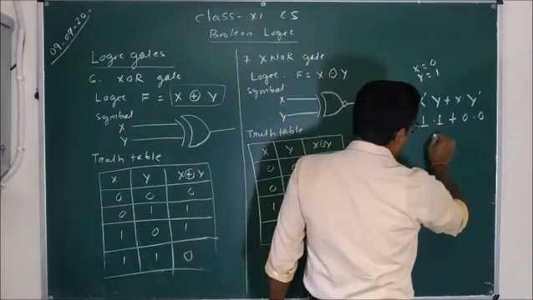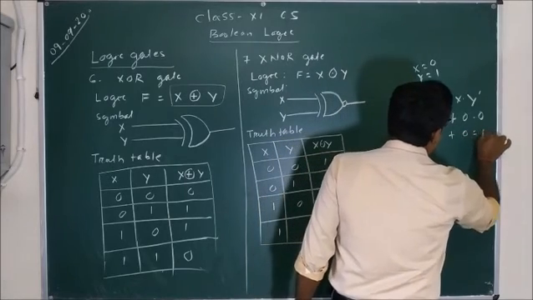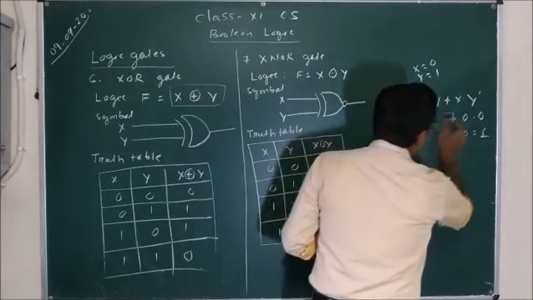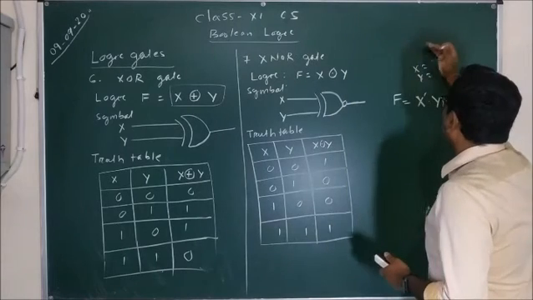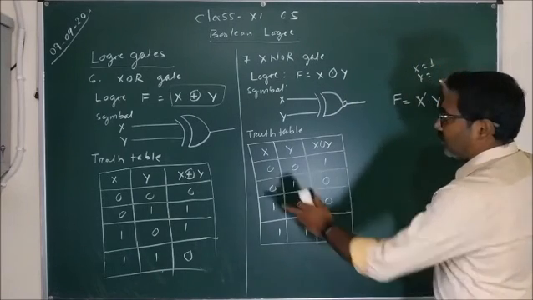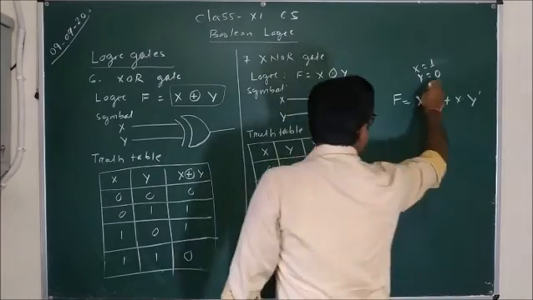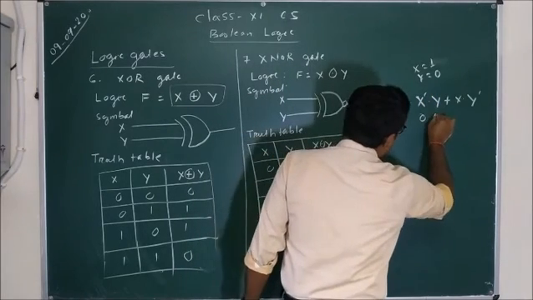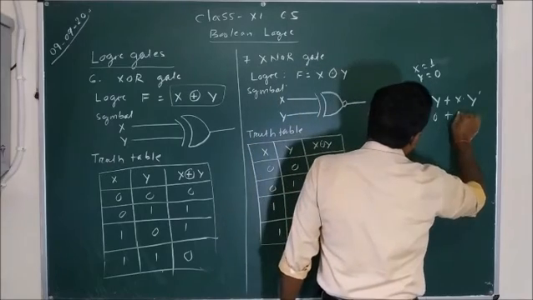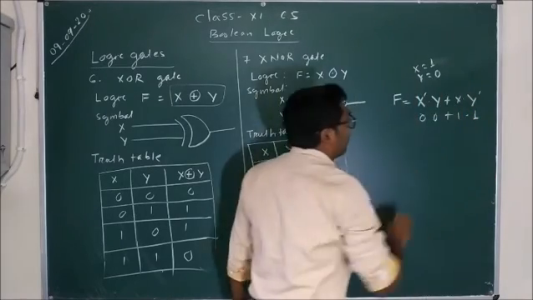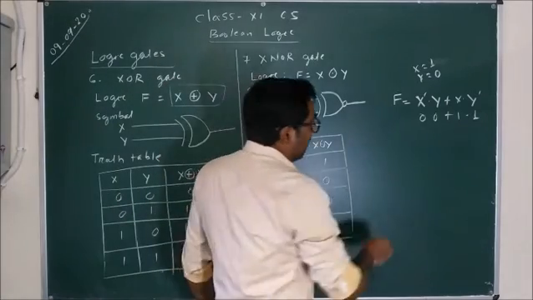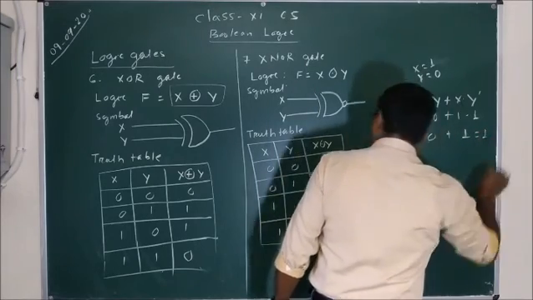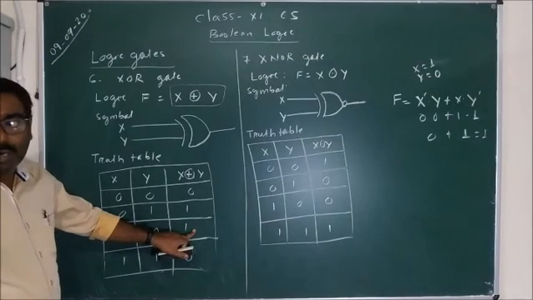So 1.1 is 1 plus 0, that is 1. So the output here is 1. If you go for the third value, in the third case, the value of x is 1 and y is 0. So what happened? X dash is here, x is 1, so x dash is 0, y is already 0, plus x is 1 and y dash is also 1 because y was 0. So what happened here? Again 0.0 is equal to 0 plus 1.1 is equal to 1. So the output is 1 over here. So this is the output of 1.